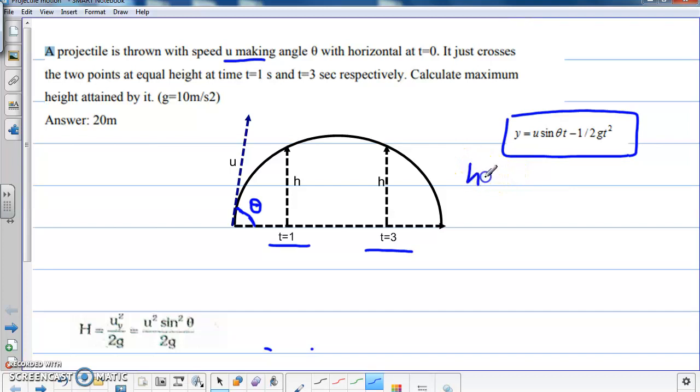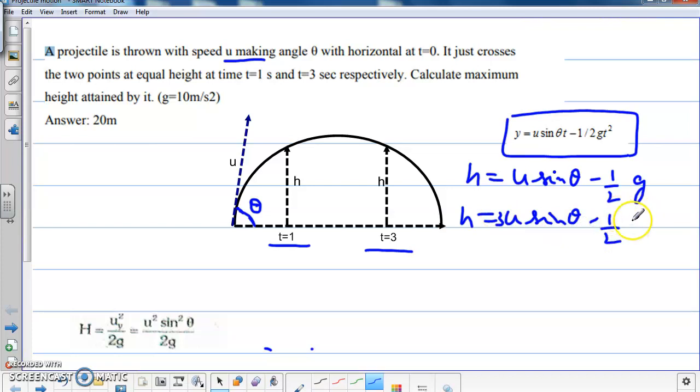We get h is equal to u sin theta into 1 minus half g into 1 square. And similarly for t is equal to 3, we have h is equal to u sin theta into 3 minus half g into 3 square, which is 9. Now solving the two equations, we get